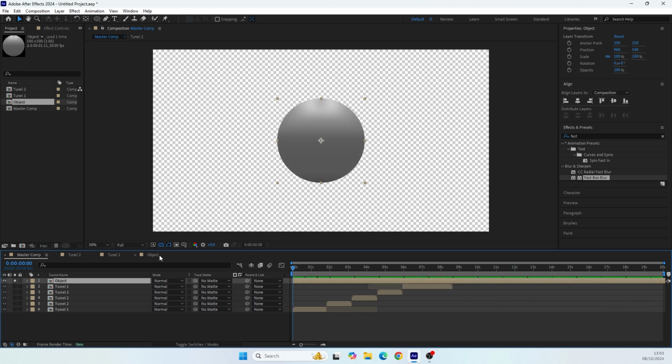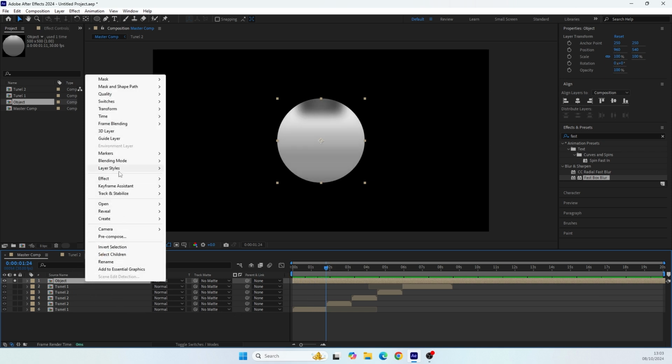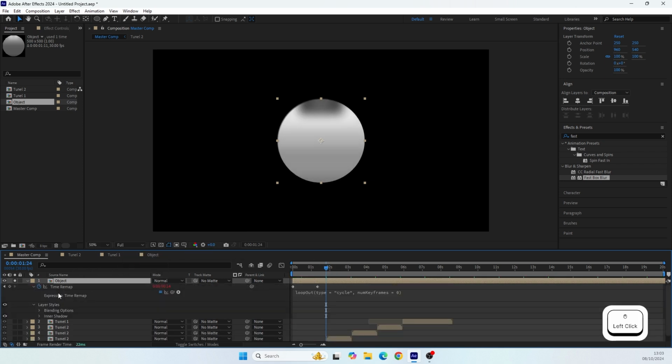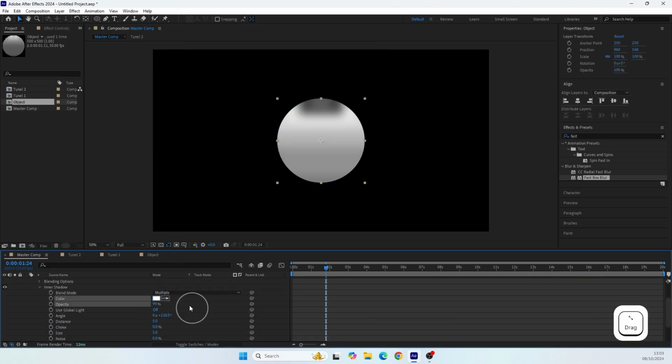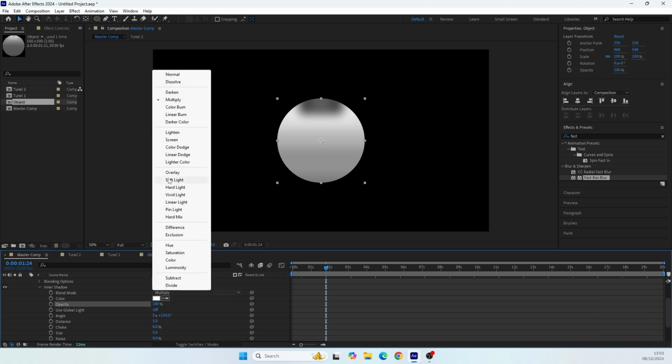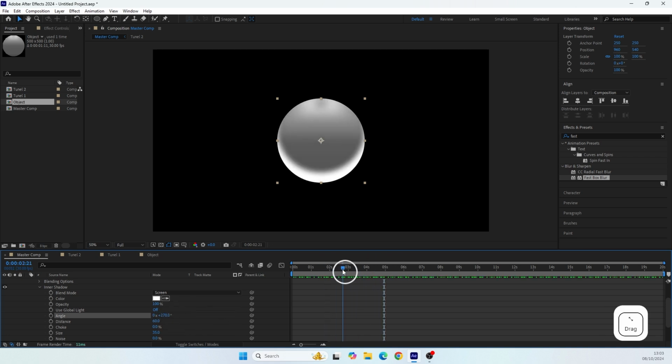And now let's improve the look of the sphere we have here. Right click on this pre-comp, go to layer styles and add the inner shadow effect. Let's set the color to white and set the opacity to 100, and to see the white color, change the blending mode to screen. Now let's play around with all the properties like size, distance and rotation to make it look like we have some kind of highlight in the bottom part of this sphere. Alright, I think it looks very nice.